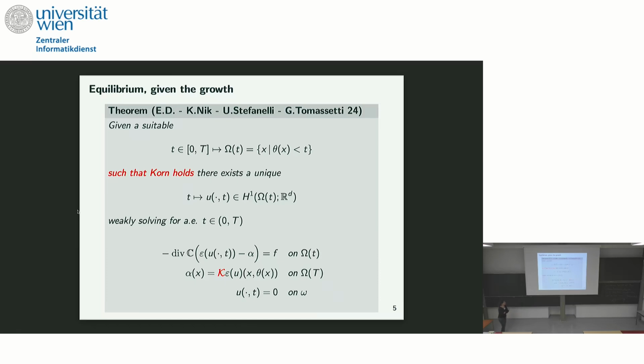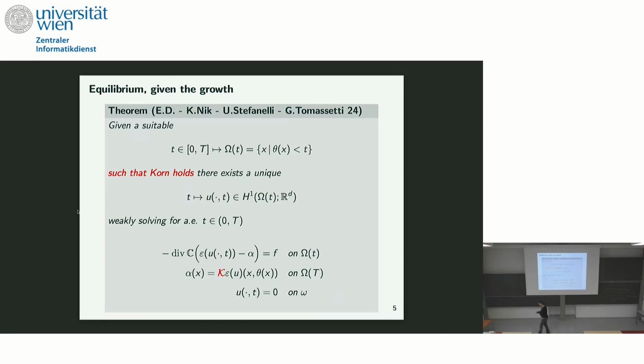Now, the 2 points in red in these slides are the important ones. Why so? Well, let me start from the one below here. First of all, I have this back strain, which is basically a trace of my linearized elastic strain in x, theta of x. If I didn't have this, for a moment, to write this down, I would need a given regularity for my linearized elastic strain, a regularity that a priori we will not have.